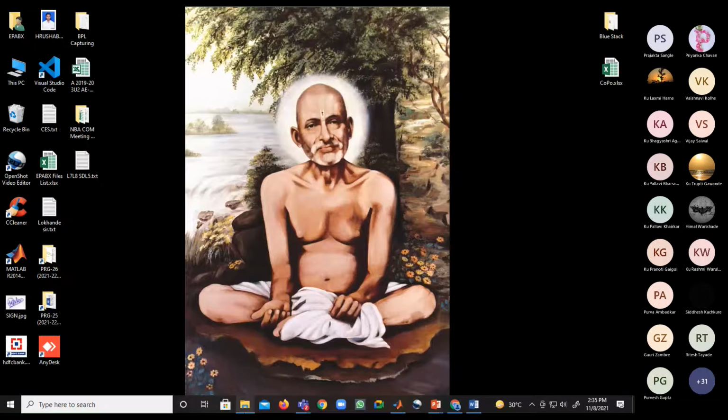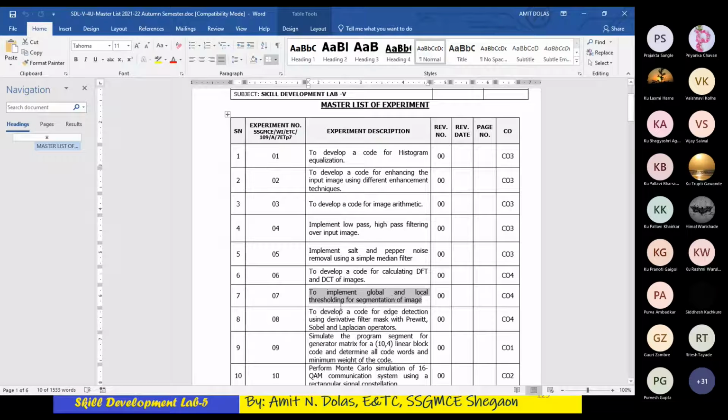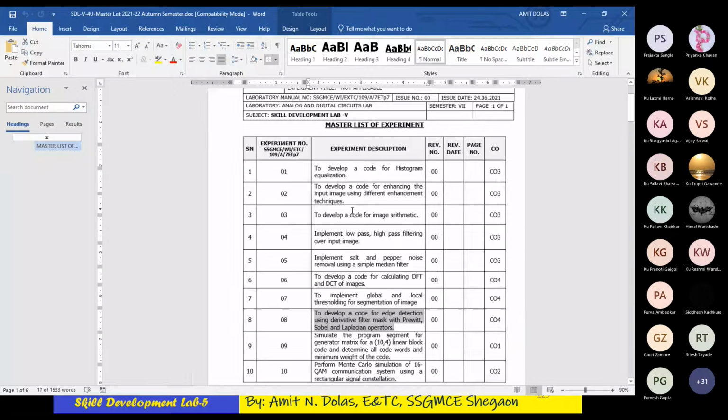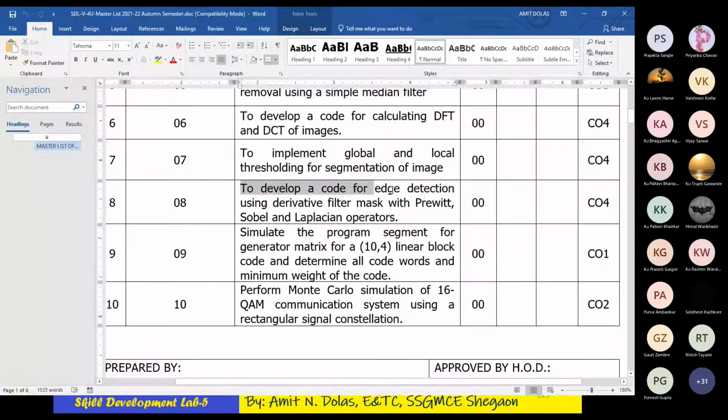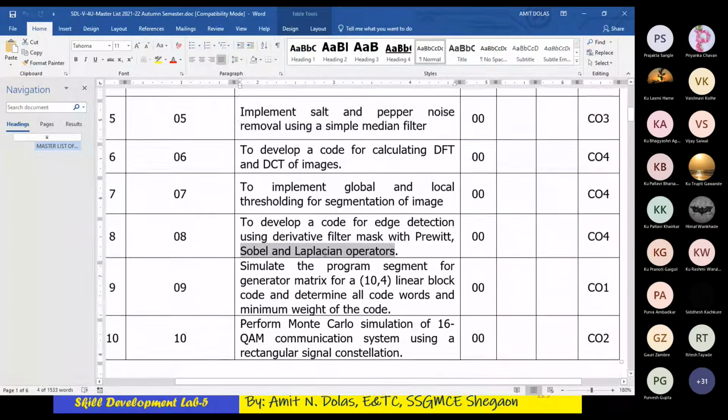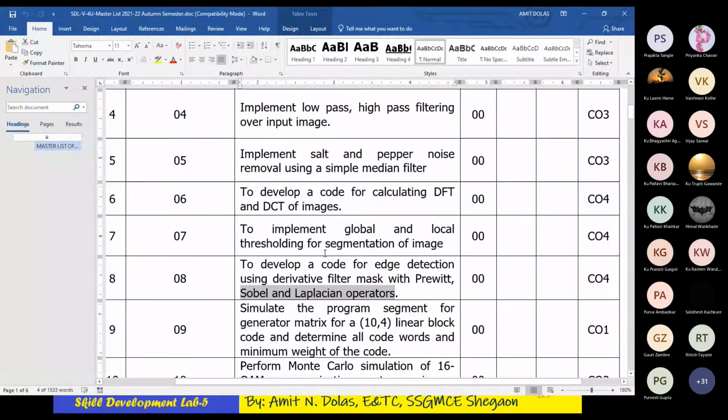We do have one more experiment with us, that is experiment number 8. I know you already went through this concept, to develop a code for edge detection. For that there are 3 filters using derivative filter masks: Prewitt, Sobel and Laplacian operator. So you can see the master list here.